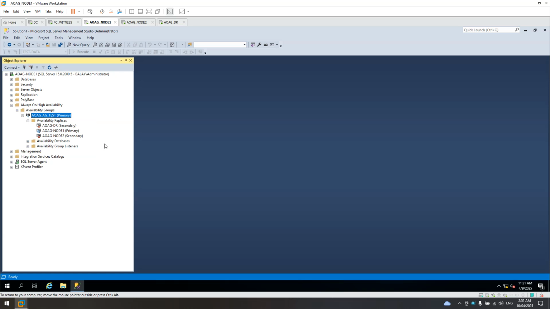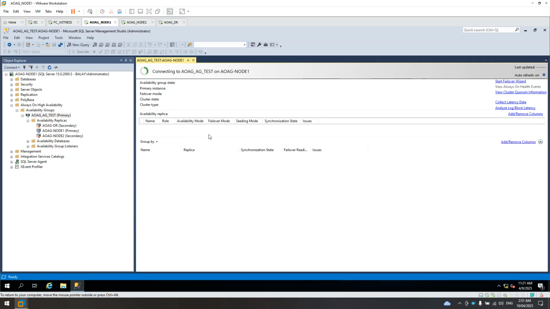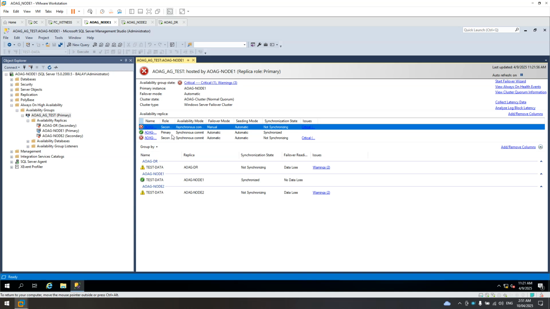Let's check the dashboard. Node 1 is the primary.